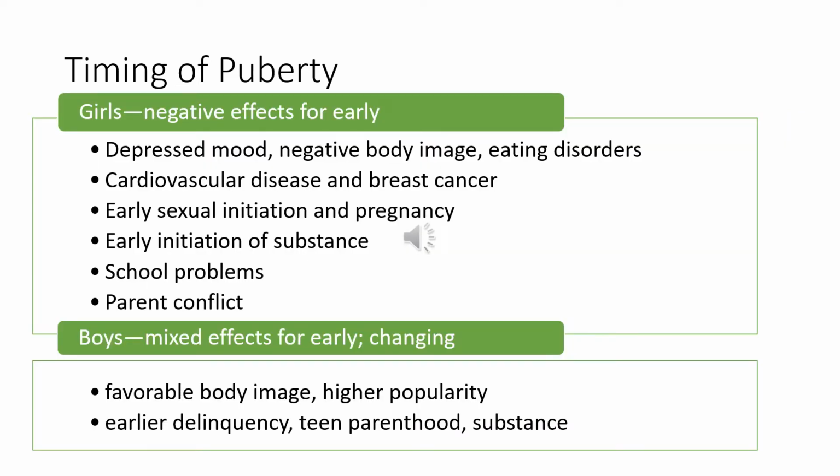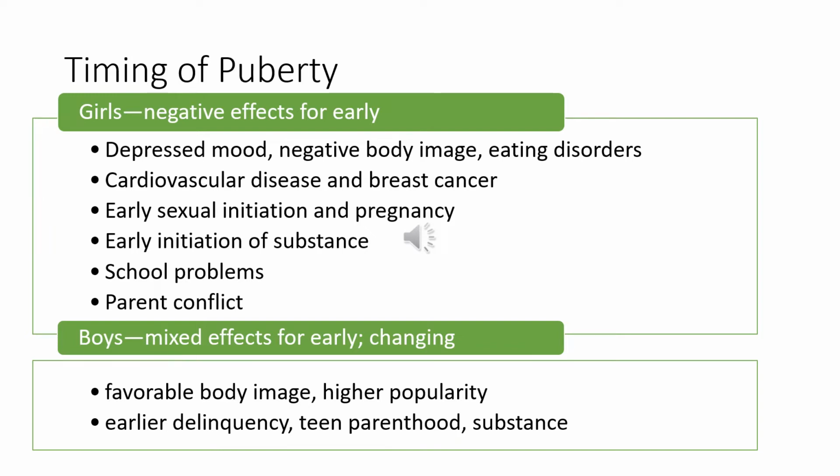Okay, so in terms of the timing of puberty, perhaps it might surprise you to find that there's generally negative effects for going through puberty early, particularly for girls. And you can see that list up there. So depressed mood, more negative body image, more risk for eating disorders, more long-term risk for heart disease and breast cancer, not in the short term, more risk for earlier sexual activity, pregnancy, substance use, higher amounts of school problems,